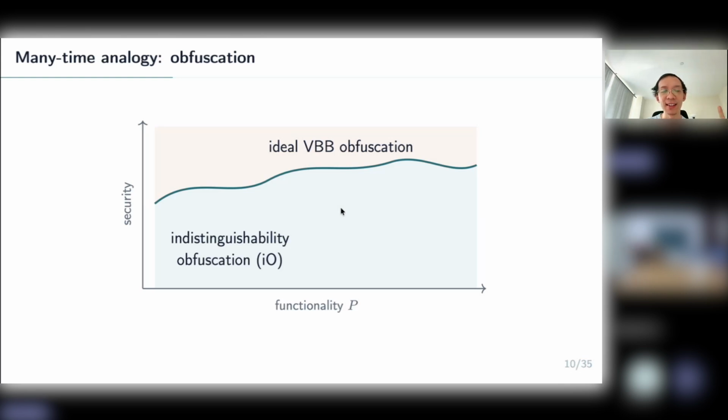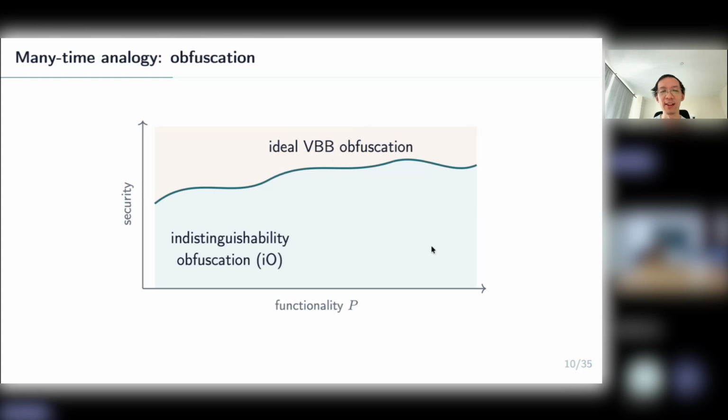And it turns out that, first of all, this setting is actually a lot more studied. There are lots and lots more papers studying this setting rather than the one-time setting. But more importantly, for obfuscation, there is not a gap, unlike the one-time situation that I showed you earlier. In particular, similarly in obfuscation, there is the most ideal security notion called virtual black box, VBB for short. And we know that there are a bunch of impossibility results for VBB for contrived functionalities. So they are impossible in general.